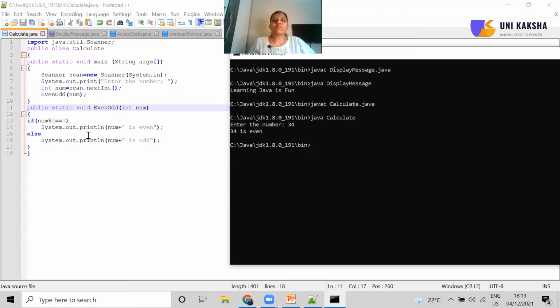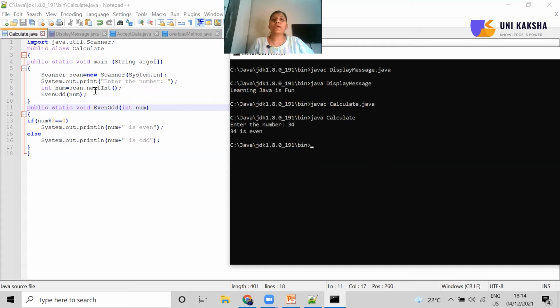Now, friends, always remember that whenever you are going to write programs, make sure that you are arranging them in a proper way. Here also, I have written it like this: this is the curly brace, then I have given some space, then I have written the code. This is the systematic way of writing the program, and it always helps you to understand which code is written for what reason.